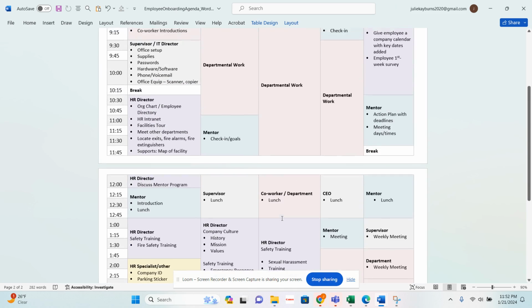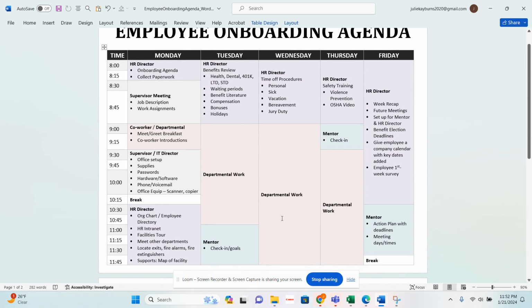Okay, so moving on to the second day, I've started it off with the HR director. Don't want to overwhelm the employee, just because it's just one employee, that first week. So the next day we're going to go over benefits. And benefits, if you're not an HR person or a benefits specialist, can be very confusing to employees.